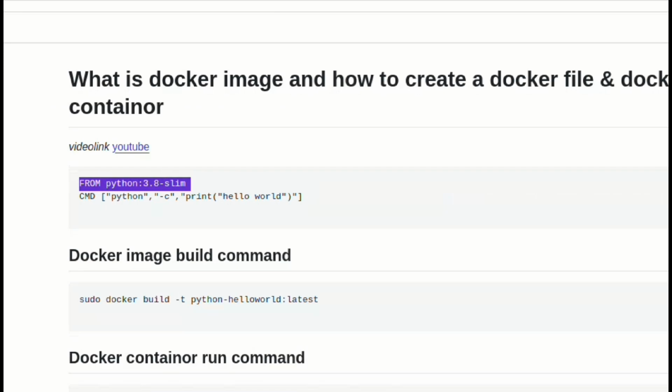So now you understand what this FROM means. Okay, so what does this python:3.8-slim mean? You don't need to worry about this FROM and the CMD. I will explain. Okay, now